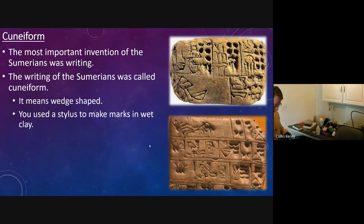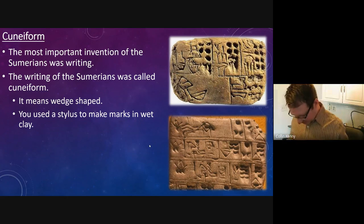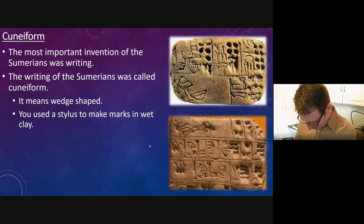So, if we go look, where is it? It's like hidden away. There we go. So, stylus, just like that. There we go. Yep. Anyways,